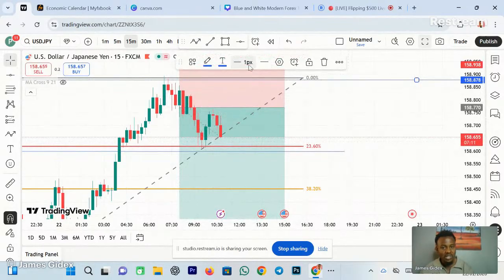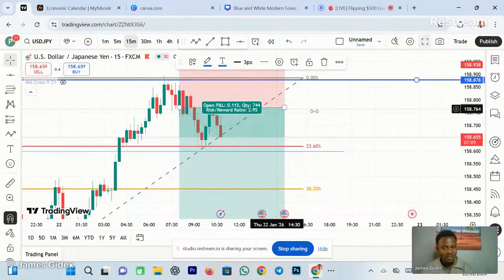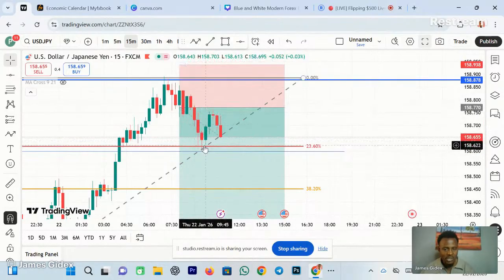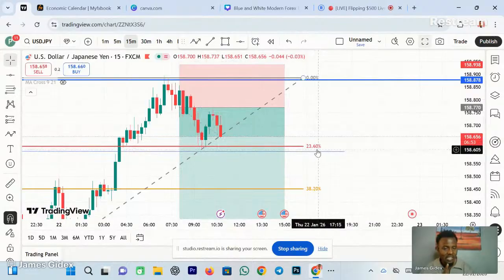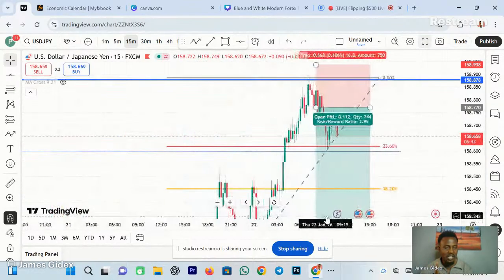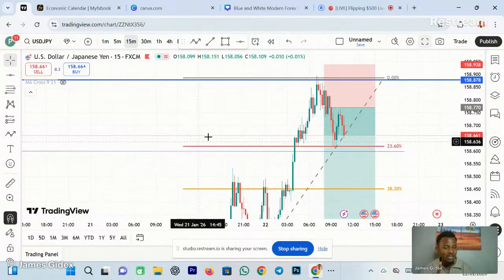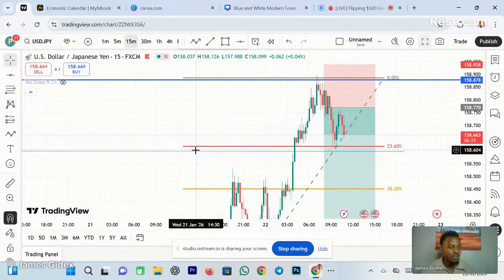If you look closely right here, you will see our recent high. And that's why we always tell you guys that whenever you're getting into a market, make sure you mark out your recent high and your recent low. Basically, right now, this is our recent low right here, and this is our recent high. So what the market is basically telling us is that it has to get over here to retrace, and once it gets to retrace this particular level, it's going to push back up.